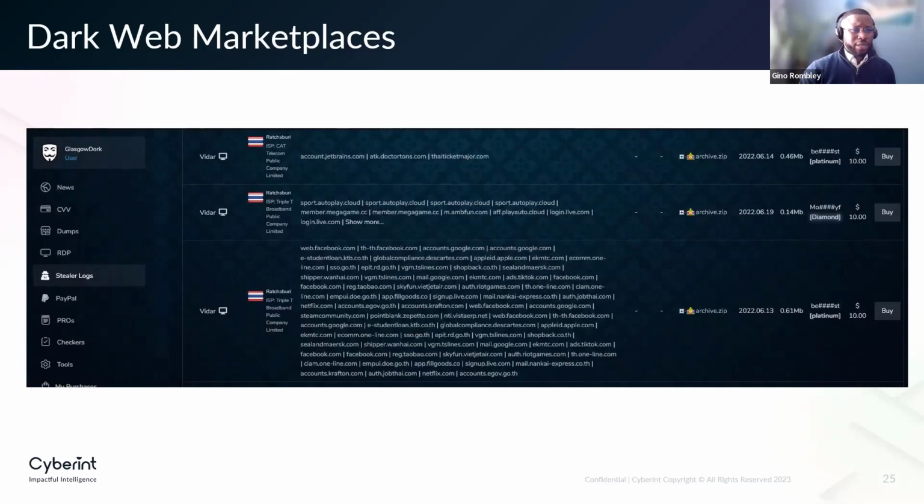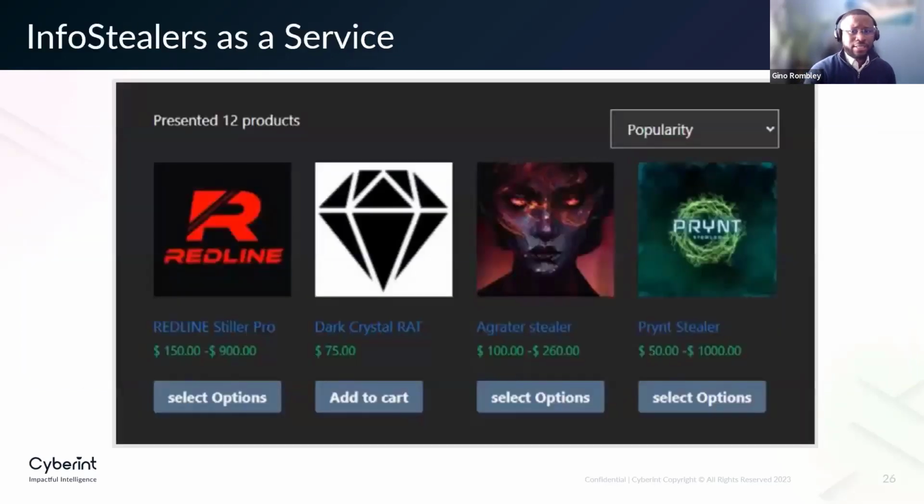What we see now with information stealers is that they're coming in as a service, right? So there are threat actors offering different information stealers that you can purchase for between $150 and $900 and deploy on your own. You can target certain organizations, certain victims, whoever you feel necessary. And this model is quite